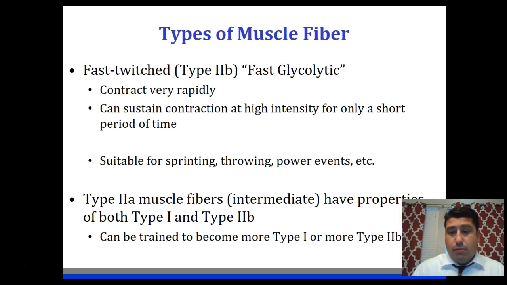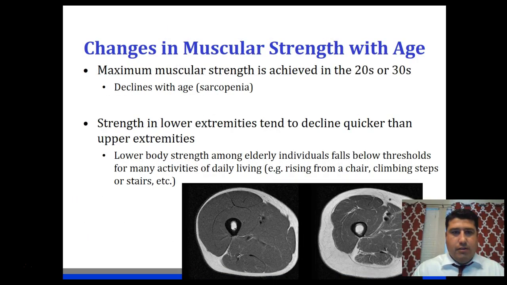so it could actually help you improve your performance. At the same time, if you decided, I'm going to quit the sprinter's workouts and start becoming more of a distance runner, then eventually over time those same muscle fibers will become more like the slow twitch muscle fibers. So the type 2A muscle fibers are kind of interchangeable, depending on what type of training you put them through. But again, there's really no way, unless you perform a biopsy, to determine which type of muscle fiber or the percentages of the muscle fibers you have in your own body.